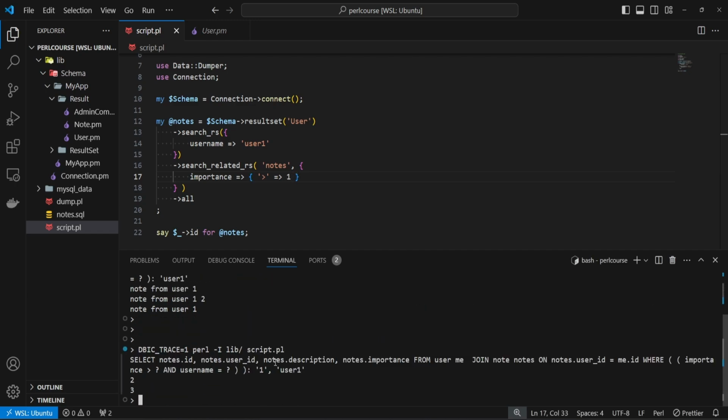all the related result sets for the user, which are nodes in our case, and we're supplying the filter conditions for the importance, which is larger than 1, which is the first placeholder value, and then where the username equals user1. And you can provide as many filter conditions as you want here, so you're not, of course, restricted to